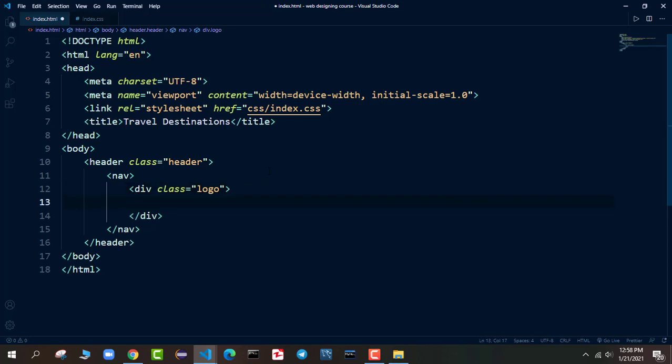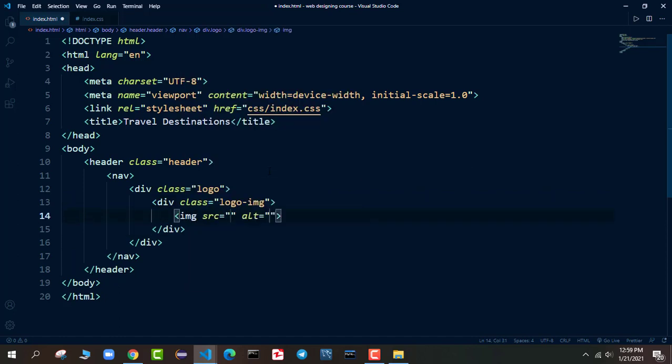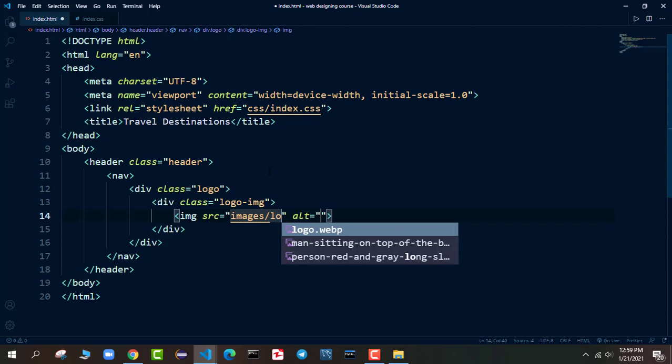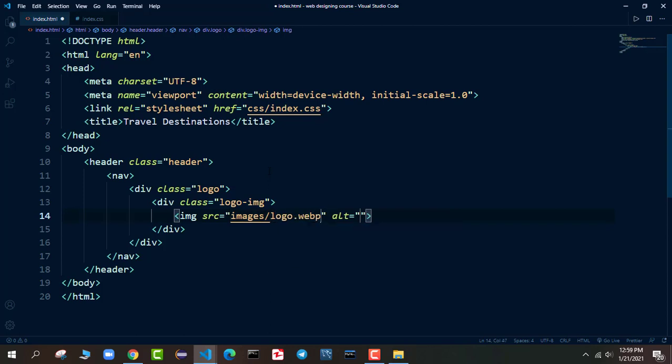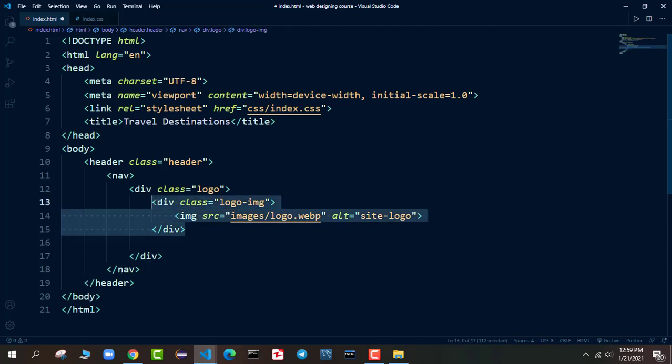In the logo class I will have a logo image, so I will say dot logo img, and in it I will have an image tag. The logo of the website is in our images folder, so I will say images slash logo.webp, which is the file extension of our logo. Here I will say site logo as alternative text. I will come outside of this one because we have just inserted the logo.